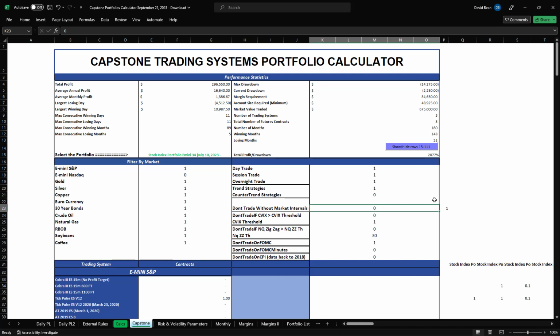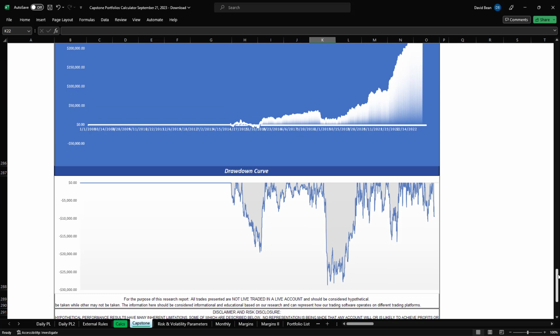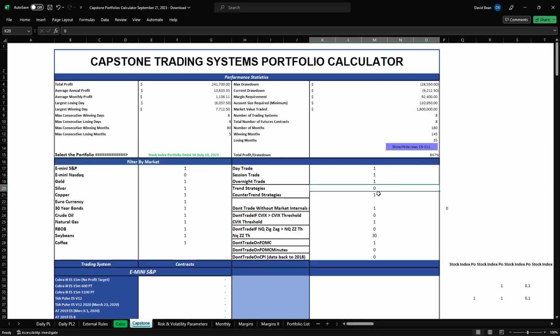Let's reset this. Also, we didn't look at the difference between the market internals. You can look at the market internal, trend based. All the trend based strategies in the S&P are with market internals. Let's look at the counter trend strategies with market internals. And so 28.5 over $9,000 drawdown. So this is what that looks like. Then there's so many different ways you can break it down. Now let's reset it